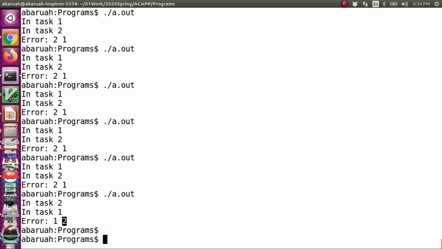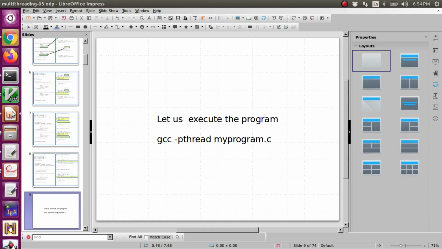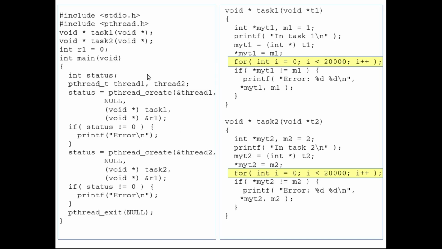So we see that the error is happening, and the error is happening because two different threads are trying to access a common resource, and the common resource in this case is the global variable R1.